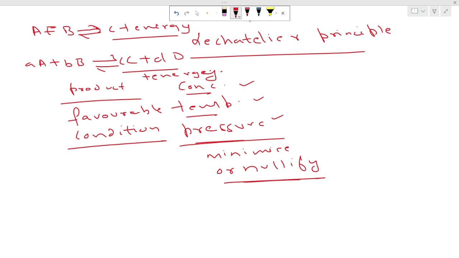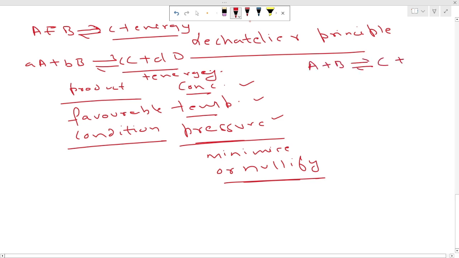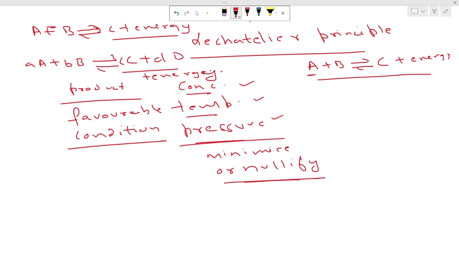Okay, now this is our Le Chatelier principle, and we will understand it with some examples. Say we have a first reaction, A plus B gives C plus energy. If we are changing the concentration of A, then as per Le Chatelier the reaction will shift in the forward direction. That is the favorable state. So increasing the concentration of A is favorable, B is favorable, and if you are increasing the concentration of C,